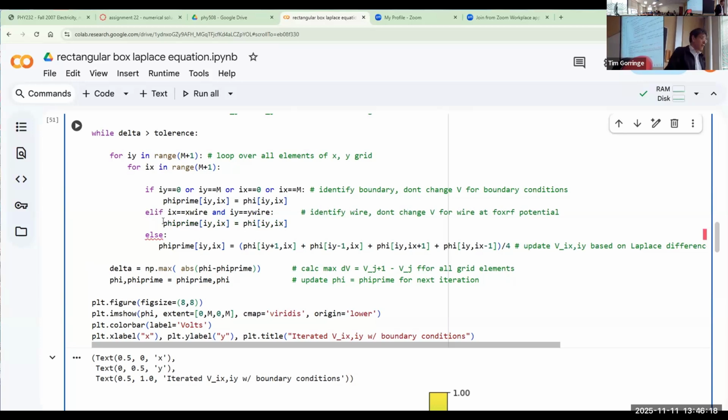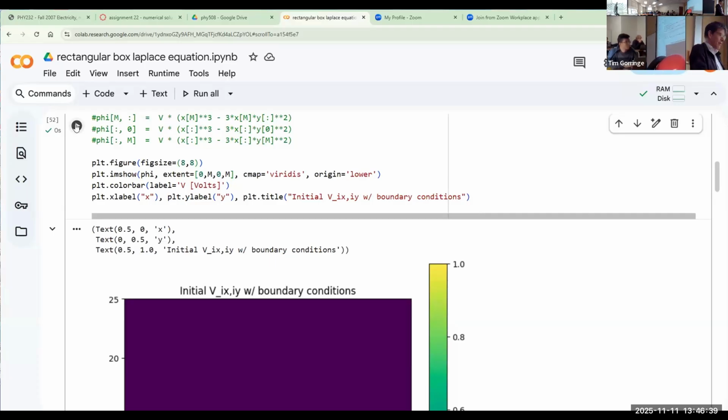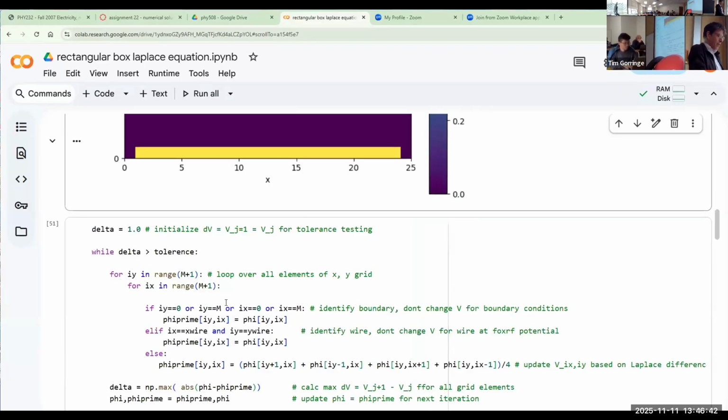Because that's an interior boundary condition, if we're at that particular location, the XY coordinates of the wire, then I also don't want to change the potential. So I've got to put in this little statement here, else. But if I rerun this code, let me go back up here, rerun the code,